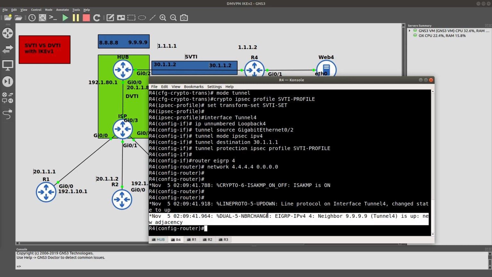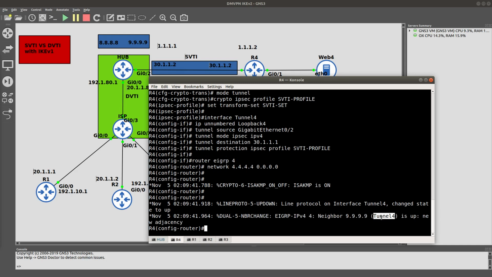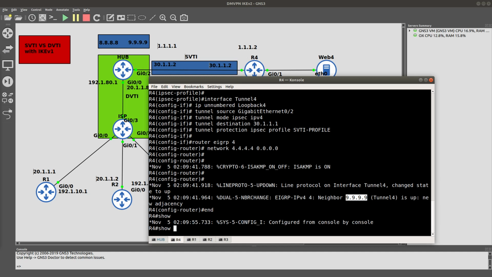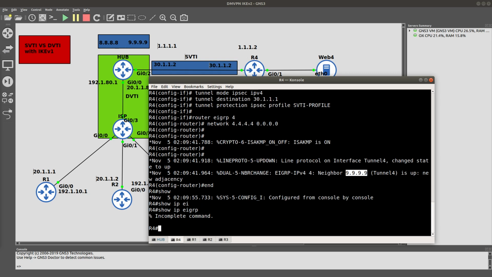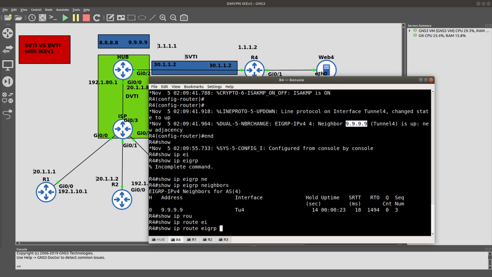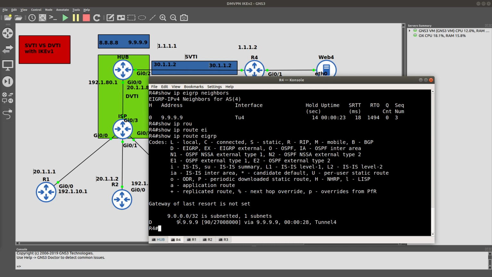ISAKMP can be seen, and you can see that EIGRP has a neighbor relationship. And you can see that the neighbor is 9.9.9.9. Even though it's not in the same network, it was still able to form a neighbor relationship. And if you want to do some show commands, you can do show IP EIGRP neighbors. You can see that we have the neighbors. Show IP route and just show EIGRP. You can see that I have an